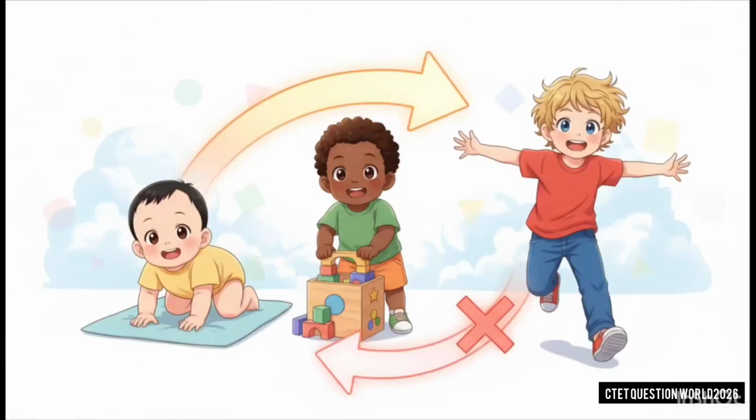And you know, these continuous software updates don't just happen randomly. They actually follow a very strict pattern. They're progressive, orderly, and sequential. You can easily remember this as the POS sequence. A kid babbles before they speak, right? They stand before they walk. There's a set order. Plus, development is modifiable, meaning you can always learn a new skill or break a bad habit, but it is absolutely not reversible. You can't unlearn walking to become a crawler again. The arrow of development only ever points forward.